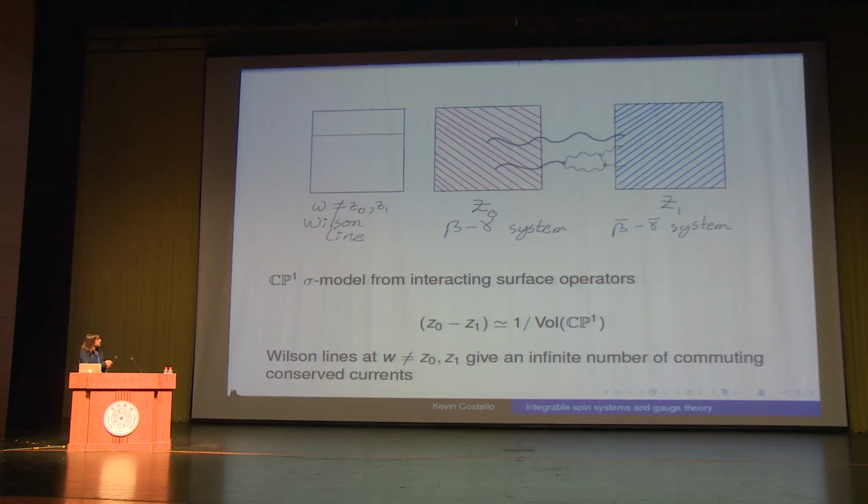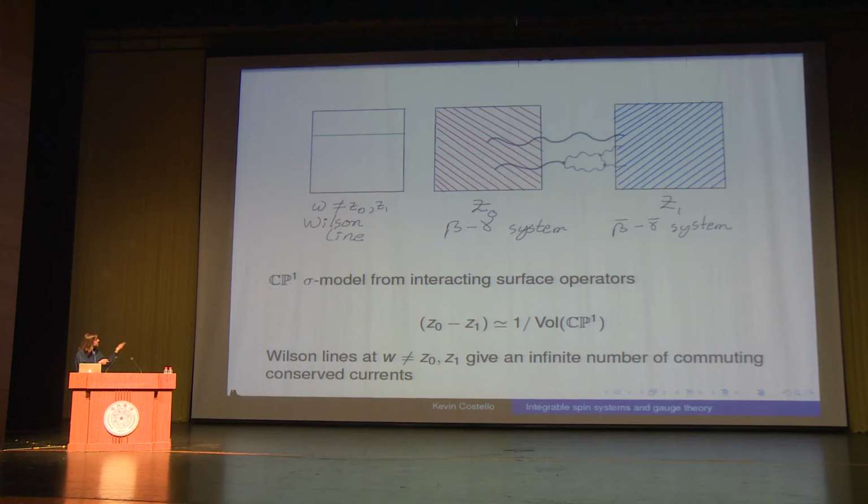So this is a mistake. This should not be 1 over. The distance between them is proportional to the volume. So as these surfaces get very far apart, we're taking the large volume limit, and the theory decouples into chiral and antichiral theory. But